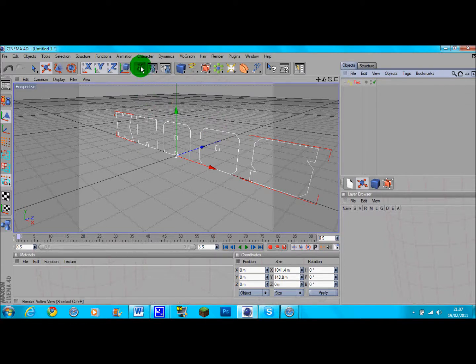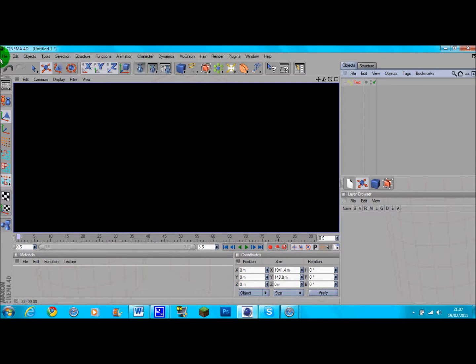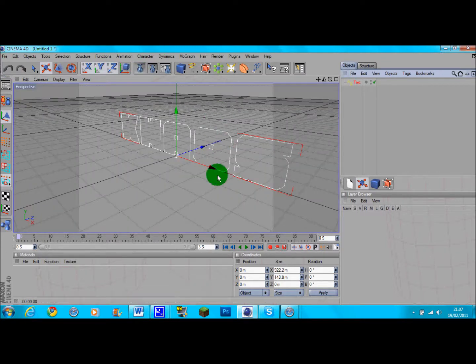Now I'm going to render it for you real fast, so it looks normal, but you won't see it when it's rendered because I haven't done anything to it yet except put the text outline in. So here you go, watch. Exactly, nothing. See? So now what we're going to have to do, we're going to make it 3D by extruding